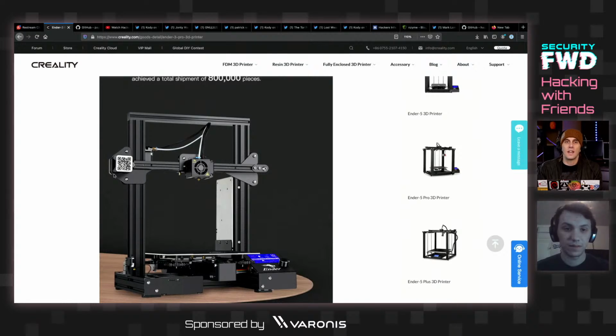So this is one investment that I highly recommend for hackers who are looking for an interesting hobby. There's a lot of people who might just get a printer, make a couple things, and never follow up with it. But really, there's so much out there on Thingiverse and other websites for anybody who wants to get